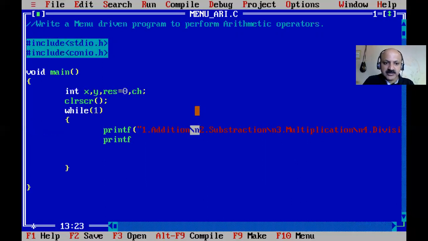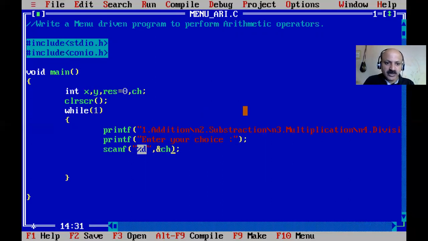Now take some message and scan the choice variable. So, enter your choice. Here we pass a format specifier in scanf because ch is our variable and it is an integer. So that is percentage d for decimal, which is a formatting symbol in the C language.